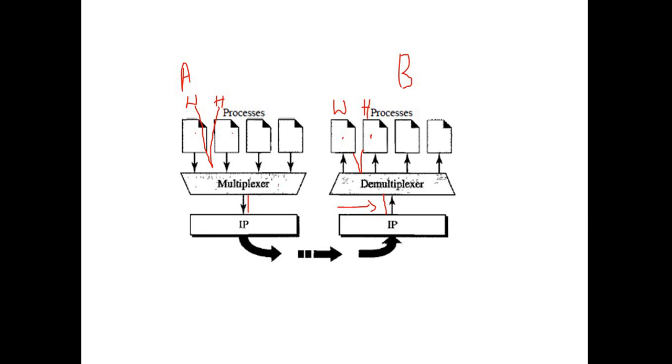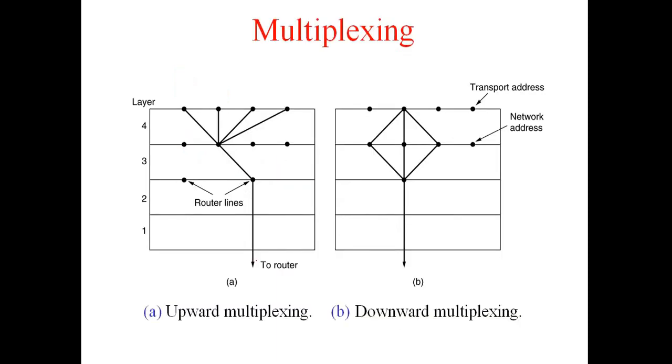Now come back to the types of multiplexing. Let us understand the first one, upward multiplexing. In this diagram, if you observe, these are the transport layers, and different processes are present here. The user may be using many processes or applications. In upward multiplexing, all the different connections, or TSAPs, share a single network address. All of this is clubbed together, wrapped, and sent.